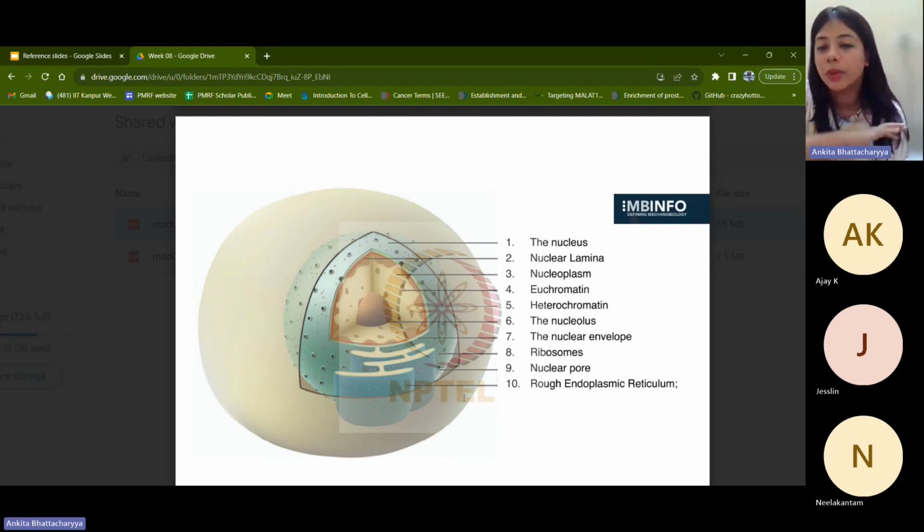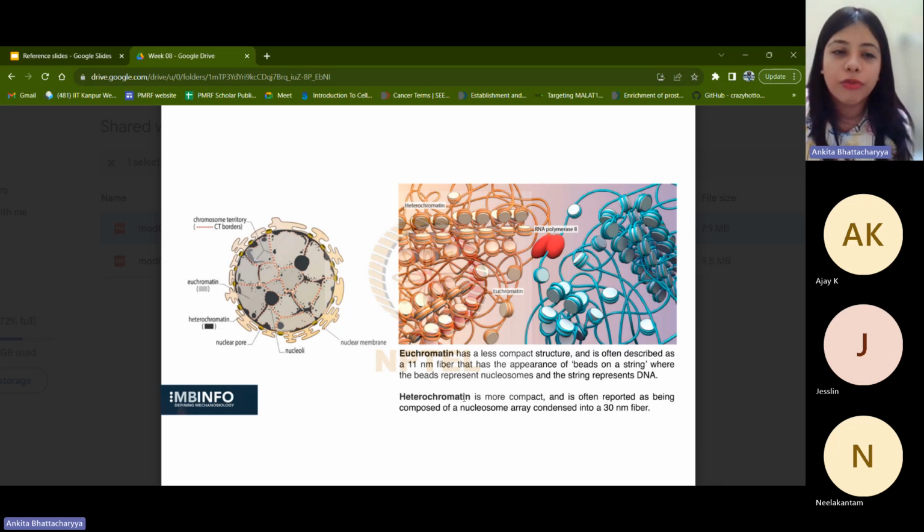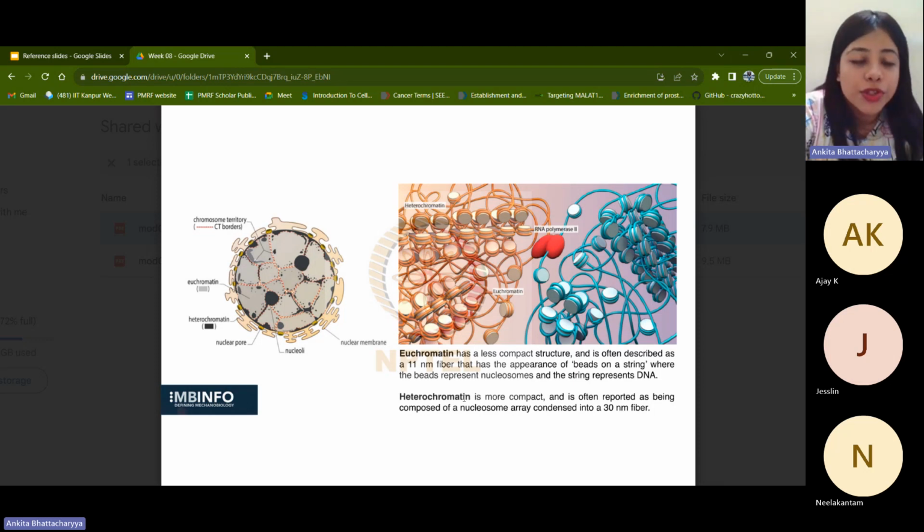inside the nucleus. Till now, we were talking about everything that is present in the cytoplasm. Now we are zooming in a little bit specifically towards the nucleus. And apart from that, we see there is the nucleolus, the nuclear envelope, the ribosomes, nuclear pore. This is, of course, outside of the nucleus. You have the ribosomes, the nuclear pore, and the rough endoplasmic reticulum, which are all present. Here you see a schematic representation of what the nucleus basically looks like, and this is a cross section of the same. What you're seeing here is the rough endoplasmic reticulum that is in contact with the nucleus, like we have already discussed.